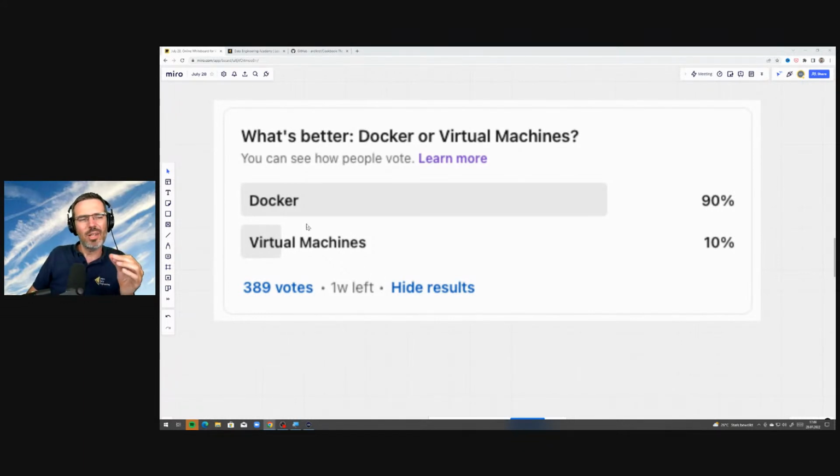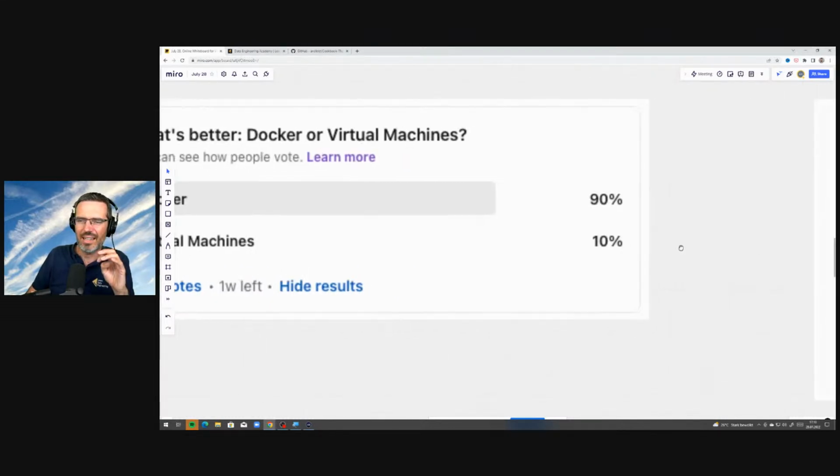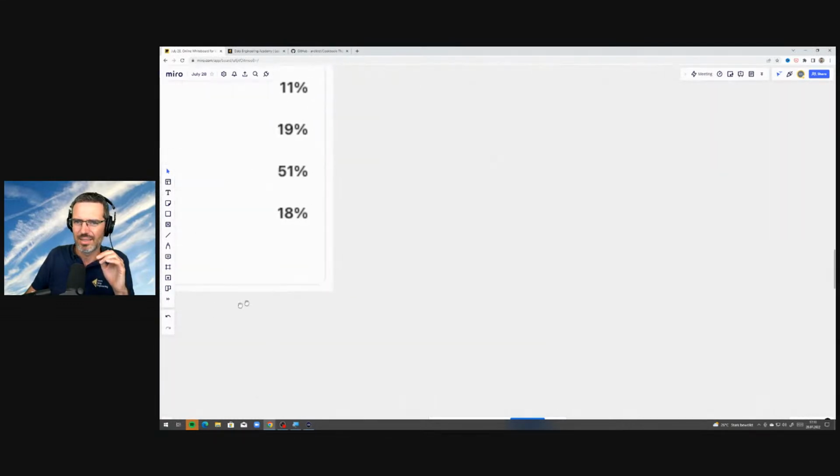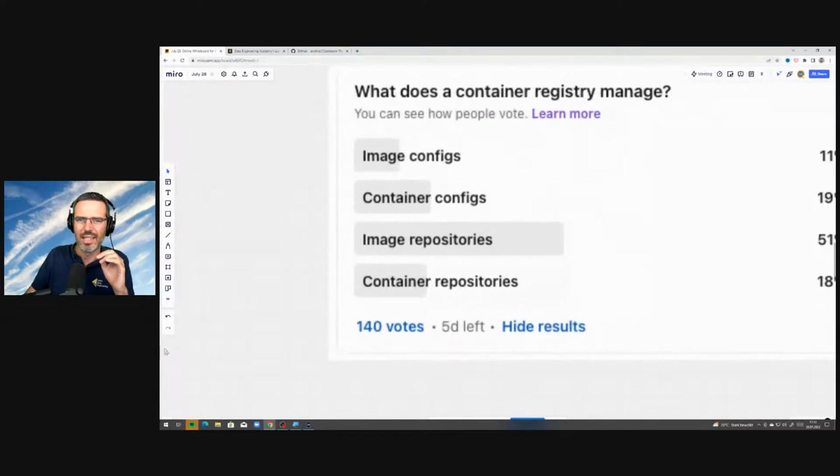But I'm not always doing these polls to compare. You can use either or, but it's more to get a feel of what people are thinking. What's in people's heads? What are the tendencies? That's why I very often put this on the board. I had another poll. I don't remember. Do I have this on here? I think that's the last one here.